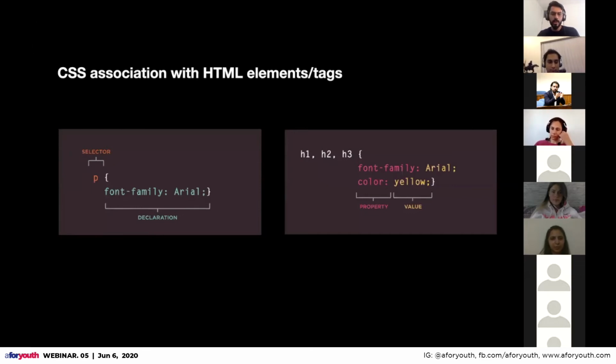So let's say that we had a p tag. If we want to define a font family, like what kind of font we are going to use in our website. You see different kinds of fonts: the heading has a different font and your paragraph has a different font. So you can change your font family here. For H1, H2, H3, it will be a different font family, and for P, it can be a different font family as well.